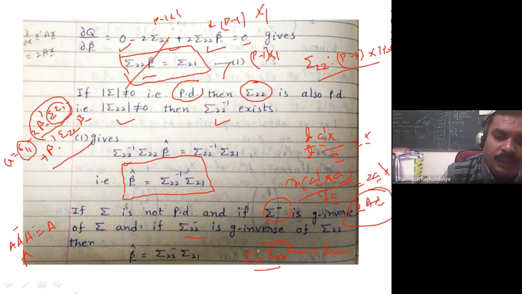So what is the estimate of beta 2 cap? Here you can just pre-multiply both sides by, what will you pre-multiply? Here, this sigma 2 2 goes to this side, so it becomes sigma 2 2 bar. So then beta cap becomes sigma 2 2 bar sigma 2 1. If a regular inverse exists, then sigma 2 2 inverse will come here. If it is a G inverse, when will there be a G inverse? When it is not a positive definite matrix. Okay,